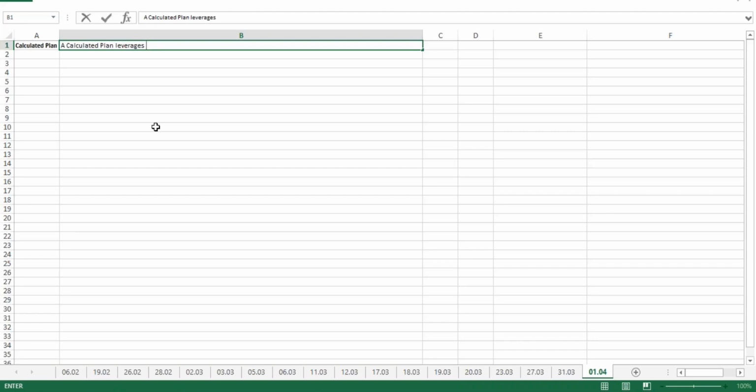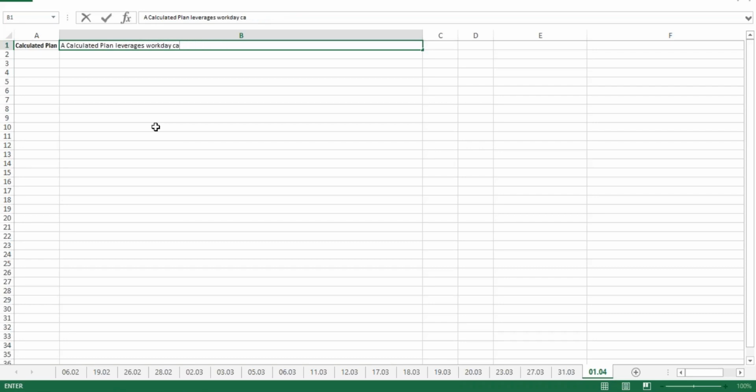Using which we do all those different absence and time calculations. Now, a calculated plan functionality basically leverages that same engine, right? I'll go ahead and build different calculations with the help of Workday's calculation engine. So a Workday calculated plan leverages Workday's calculation engine